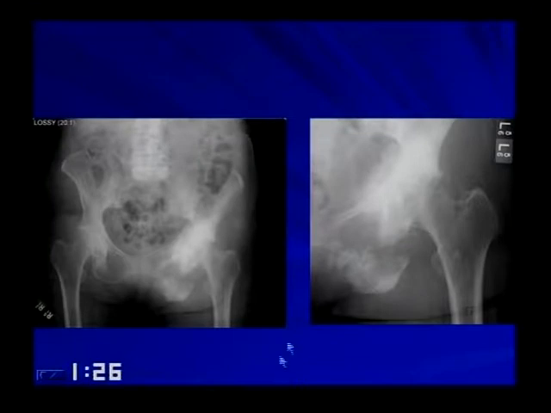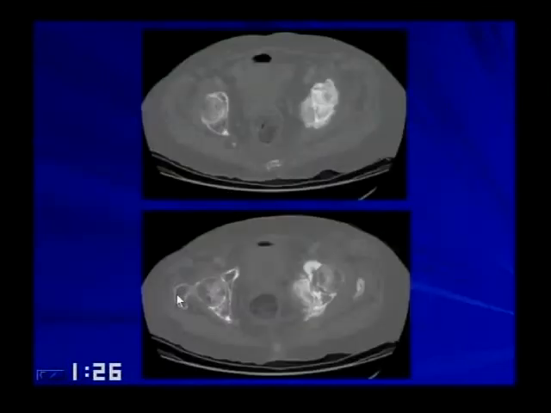This is a recent patient, too, that came in to the ER. Actually didn't have any pain here, which is amazing because she had severe neuropathy. But this is a patient that was irradiated in the past for a pelvic tumor, and now she has a secondary osteogenic sarcoma. So an elderly patient with this fluffy mineralization. And here it is on CT. You can see it's destroying the acetabulum.